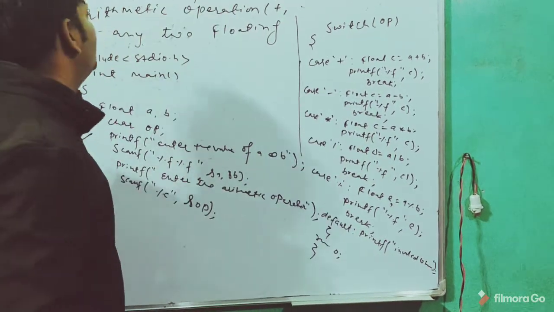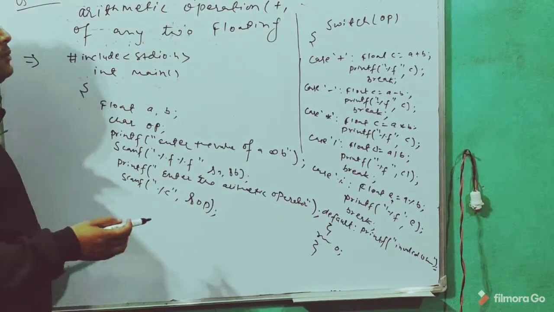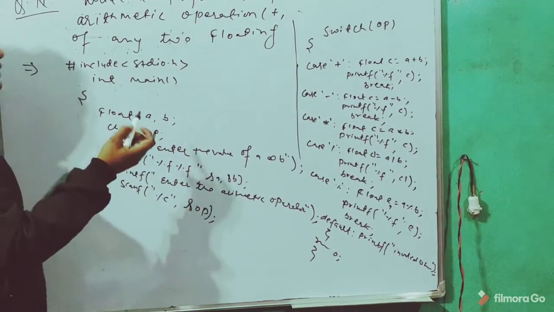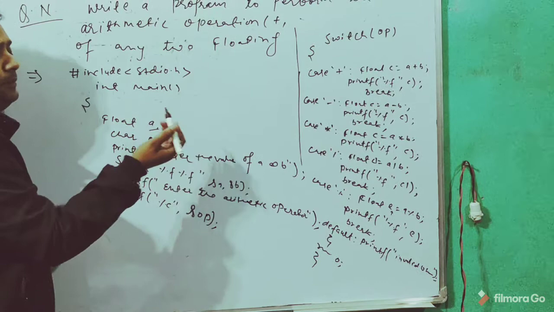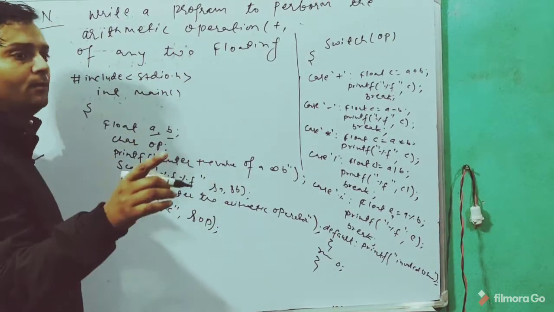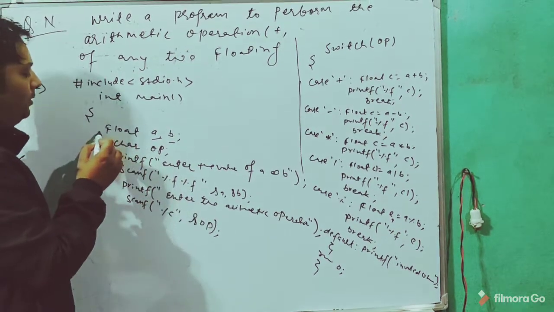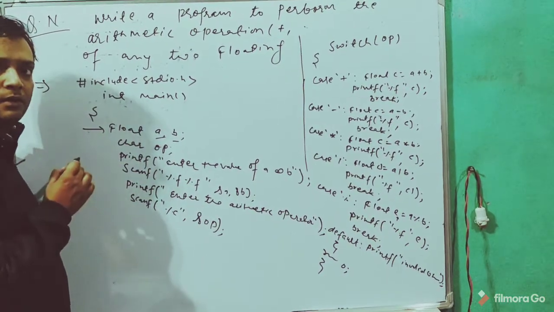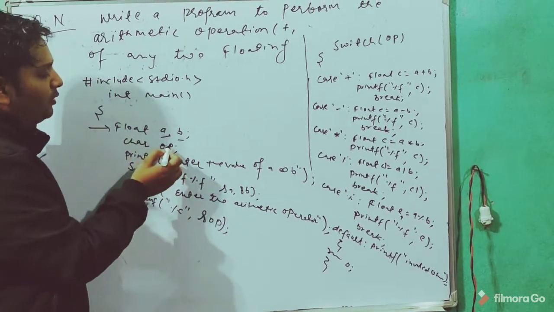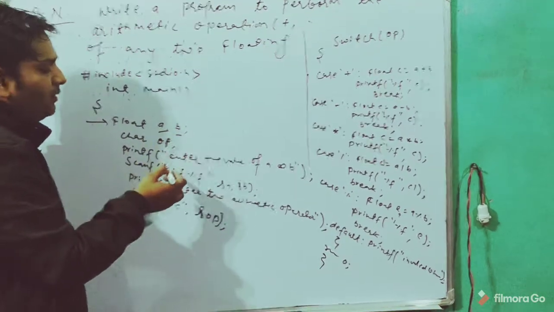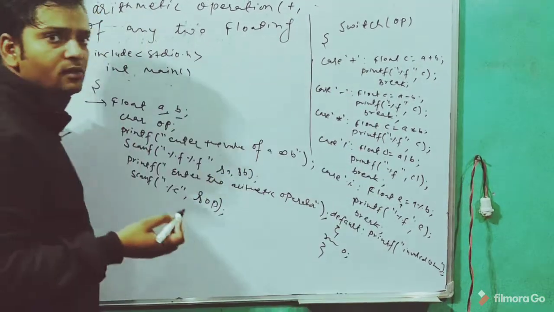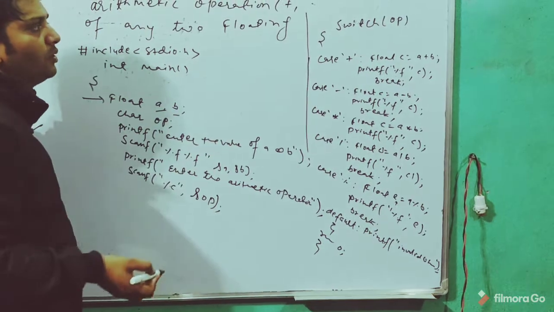In this way we can solve this particular programming problem with the help of the switch condition. So what I did so far: we have two variables, which may be any data type, but the question says floating point, meaning decimal numbers, so for decimals we take float. If it is an integer, we take int. Then the character op, which we pass as values in the cases. Characters are always in single quotations. In this way we can solve this.